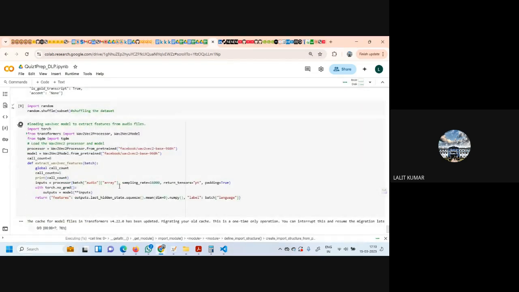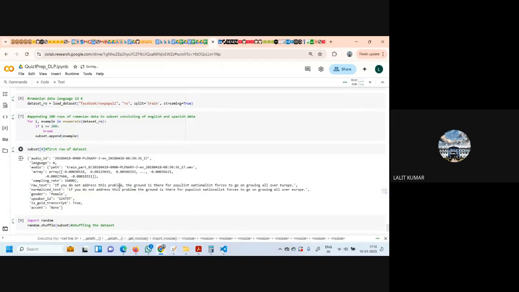Okay. So now first we understand the subset, what is there. In the subset, basically, this is a dictionary. We have got audio, LD, language. Then we have got another dictionary, audio. And this audio has got a path, and audio has got an array.